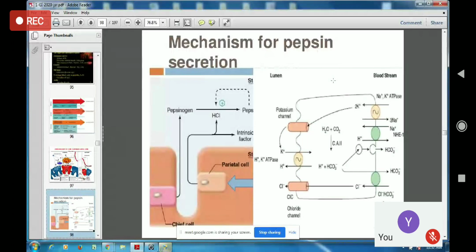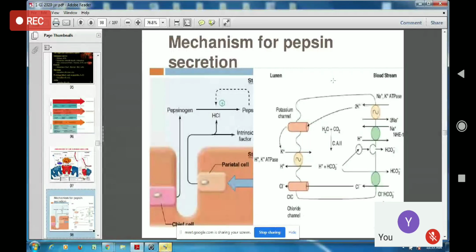Our brain, the vagus nerve gets activated. The center responsible is present in the medulla oblongata. Vagus nerve activation leads to increased HCl secretion in the stomach. So see the irony. The food is still in the oral cavity, being chewed, but the vagus nerve has caused stimulation of the HCl secretion in the stomach. So HCl is already being released, isn't it? This phase is known as the cephalic phase of HCl secretion.